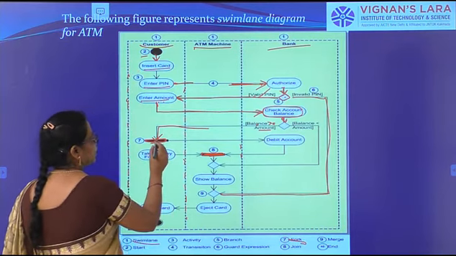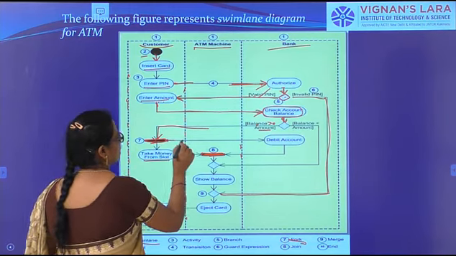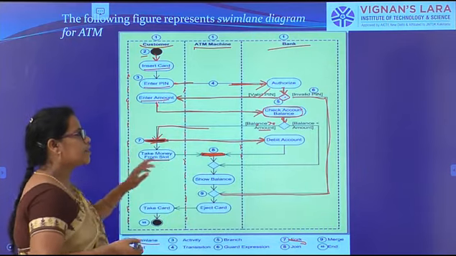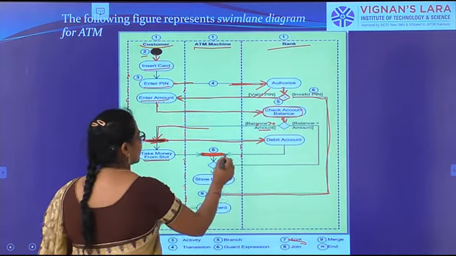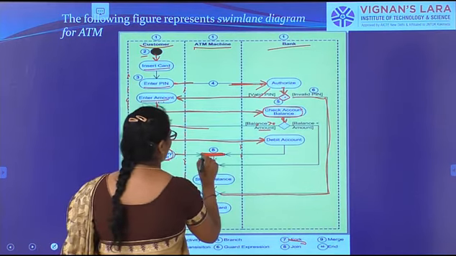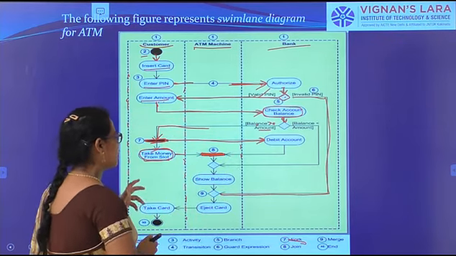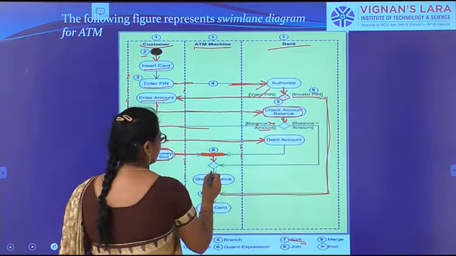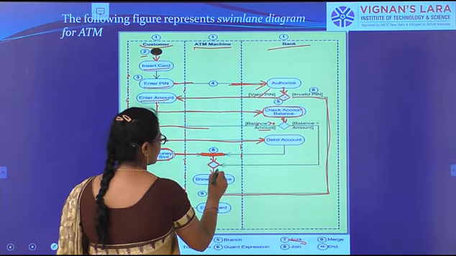After using the fork, it will take the amount from the slot, or next we will go for the debit account. Whatever amount you are withdrawing has to be debited in the bank. Okay. So after debiting, it will again come to take the amount. Here we use this fork to join. Why did we use it? Because the ATM machine has to do some tasks. What are the tasks? After debiting the amount, whether the amount has been taken or not, and after that it has to show the balance.